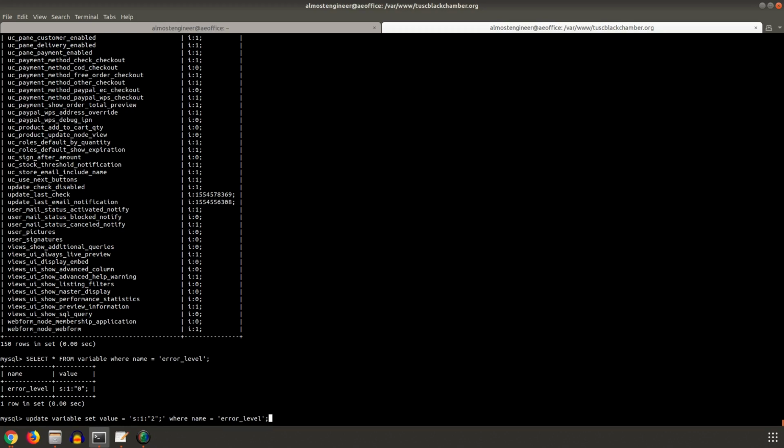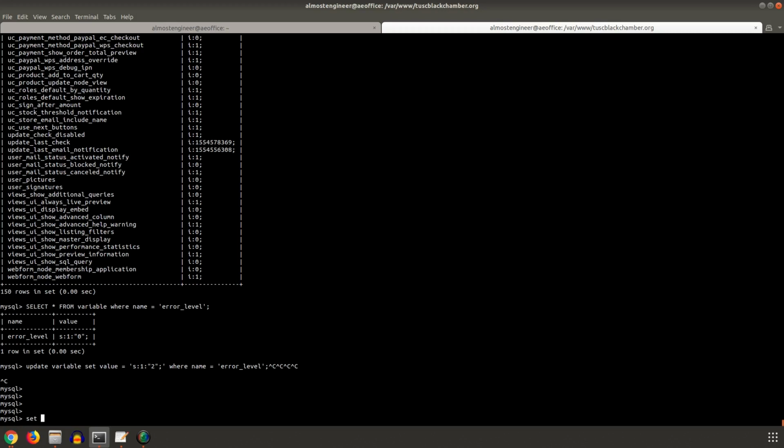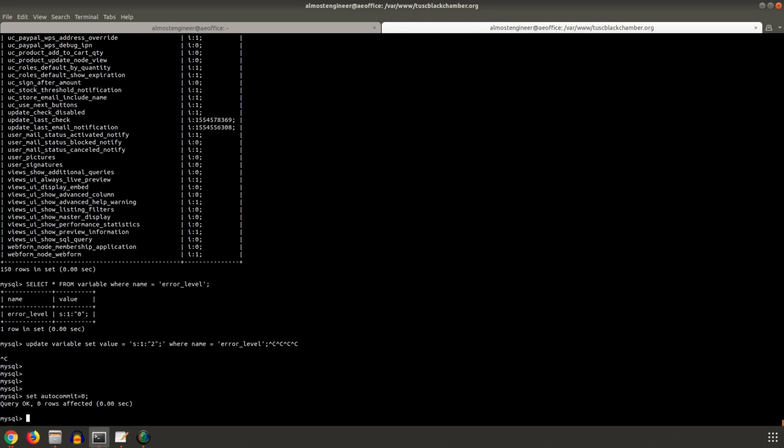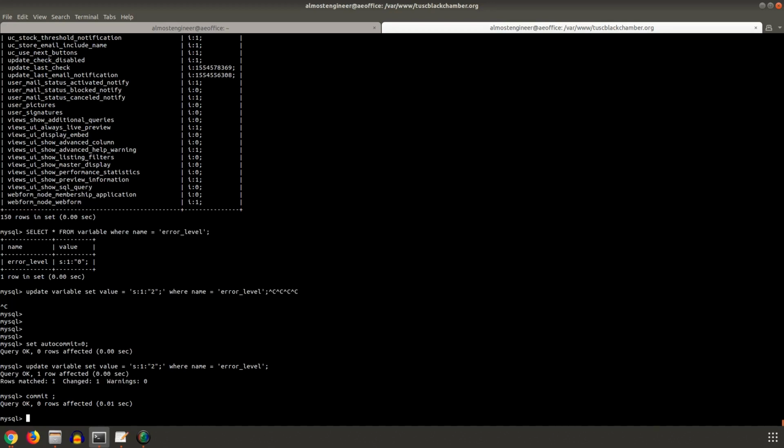What I would also recommend is, first, I'm not going to actually run that just yet. If you're using MySQL, there is a thing called set autocommit equal to 0. And what will happen is anytime you run a query, it will execute the query temporarily, but it will not save what you've executed to the database. All right, so